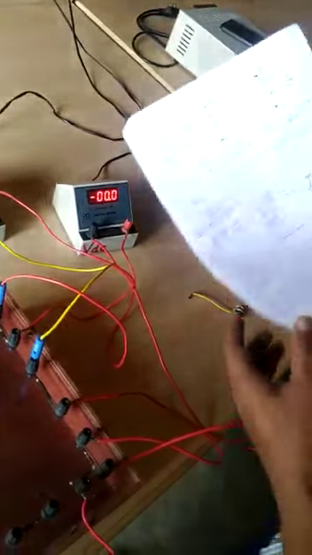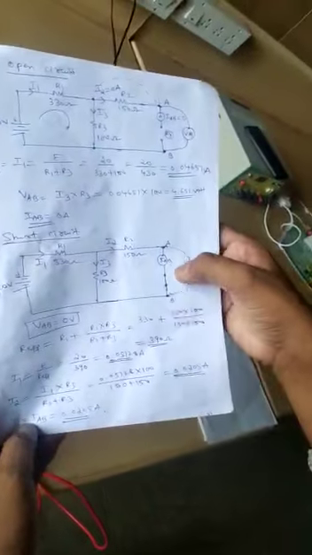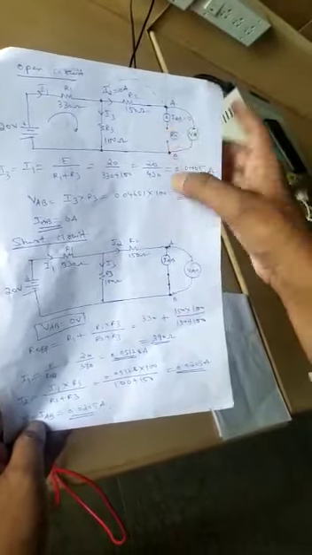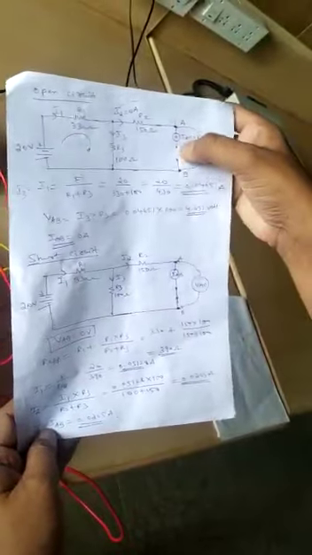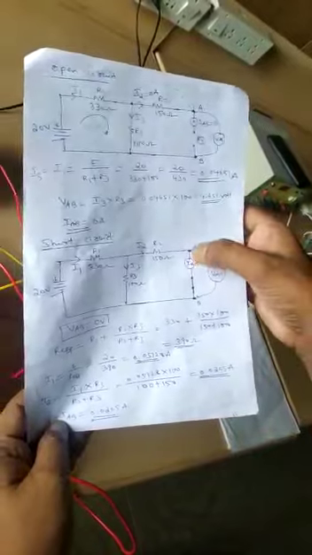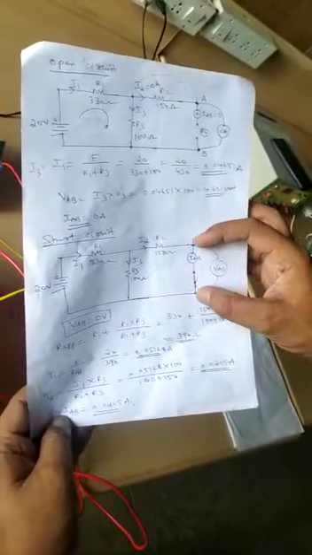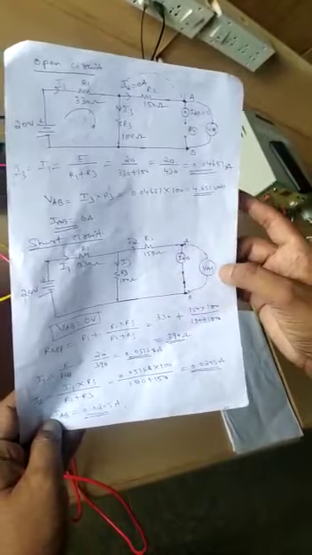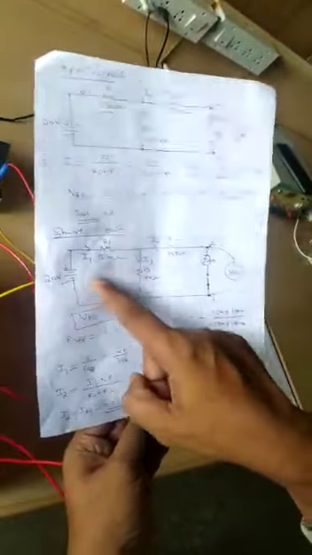Now we can see the calculation for short circuit. In open circuit we did it like this. In short circuit, same circuit, we just connected one wire here. That is what we have written here. See, VAB, voltage measured across these two points, has no resistor. So current into 0 resistance gives 0 volts. Now we have two loops.